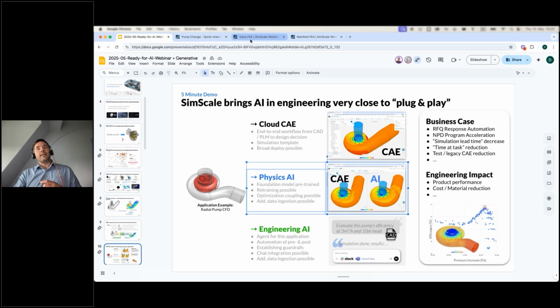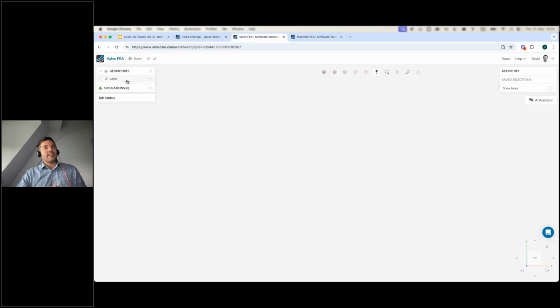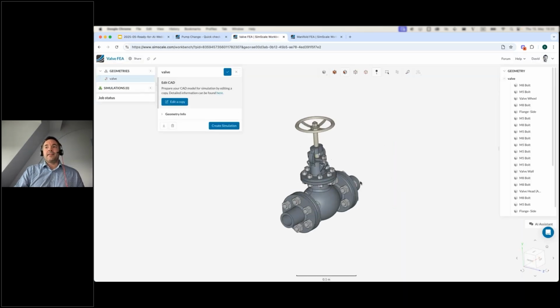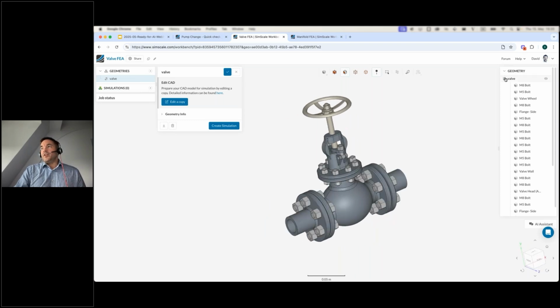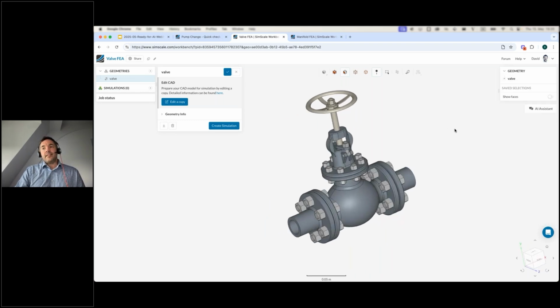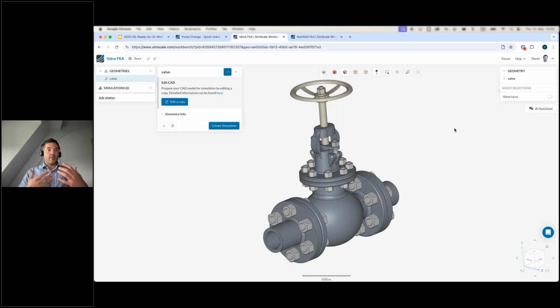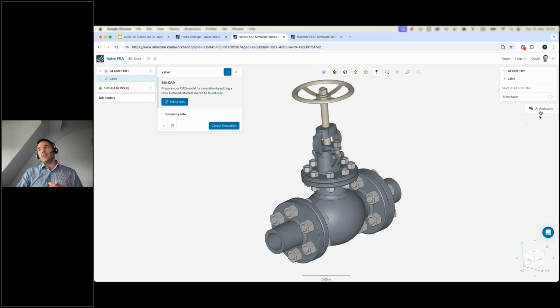And now the latest addition here is the fact that we can start leveraging the large transformer models to actually help me interact with SimScale and help me automate the manual parts of a simulation workflow. And for that, what you can see here on the right, we're gradually rolling out. So this is already in production, enabled for the first alpha users. And what it allows me to do is